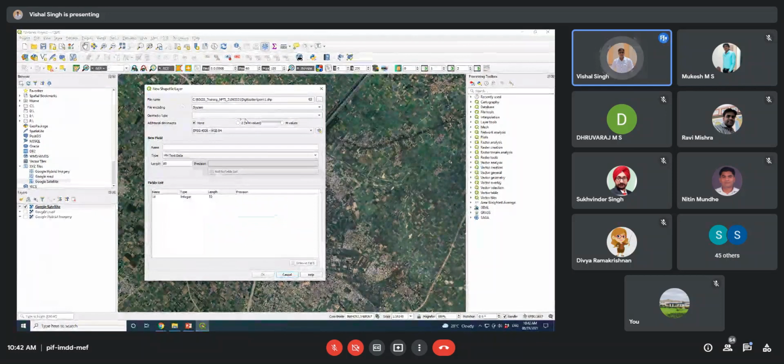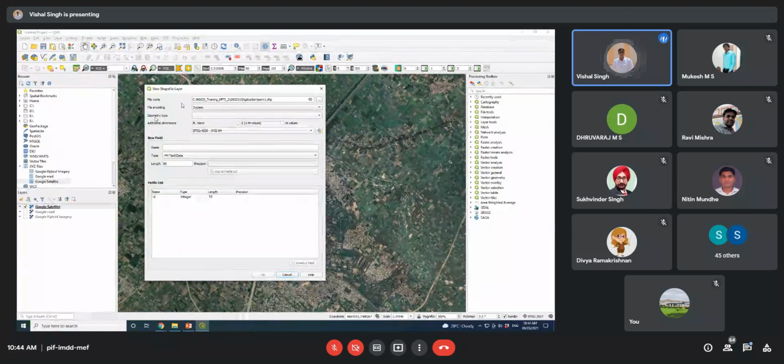For computation of area and other statistical information, the projected coordinate system is required. If your projection system is geographic, we will not be able to create the statistical information. Attribute information you can generate, but the measuring unit you cannot. So you need to convert your layer from geographic to projected coordinate system.